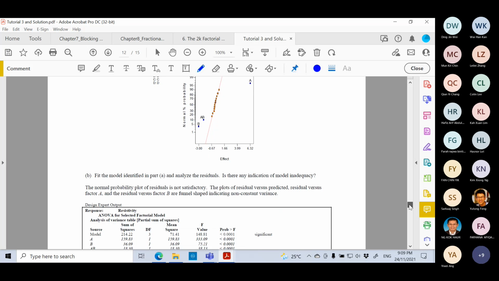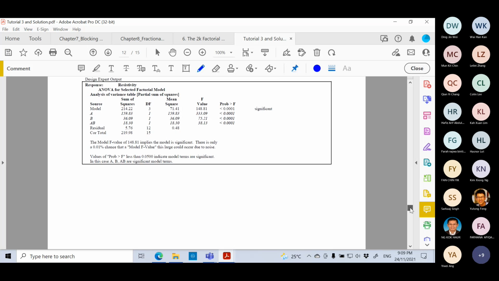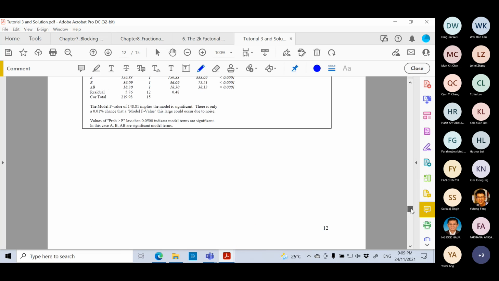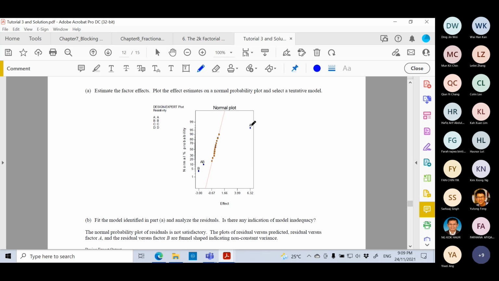But in this example, if you can observe it, the assumption you set for the model, if not fulfilled, may lead you to a wrong or different conclusion, where you have A, B, and AB. But after you transform so that the assumptions are fulfilled, you are left with only the two main effects. Okay. So this is what I wanted to go through with you all